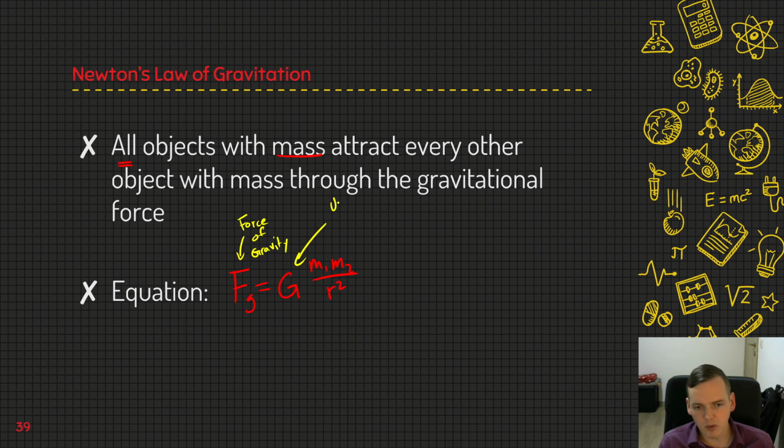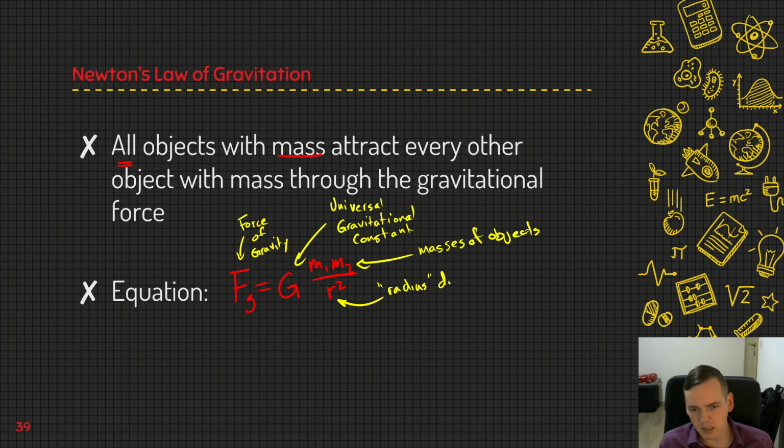G is the universal gravitational constant. The m1 and m2 are the masses of the objects. And r is the radius, which is the distance